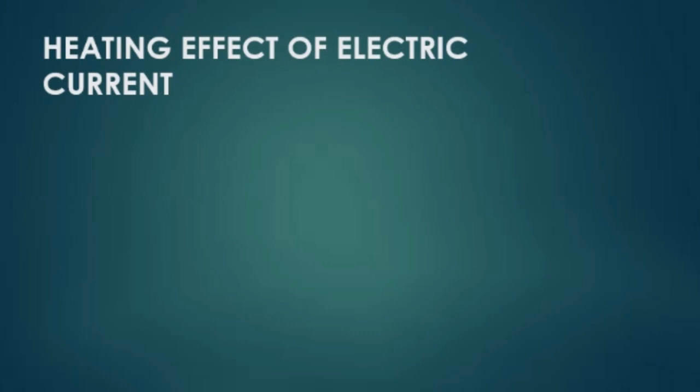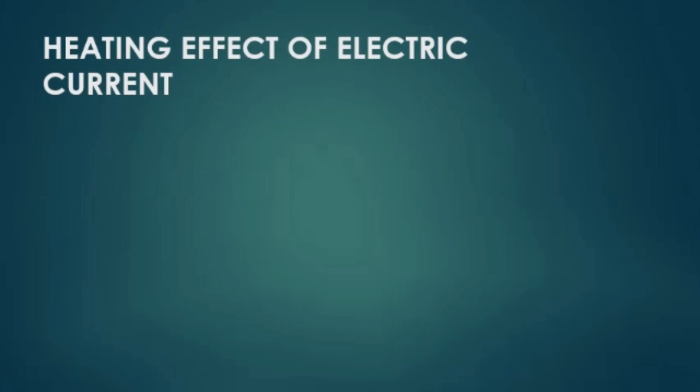Why is this so? It is because the wire present inside it starts to heat. In the previous slides, I already mentioned that whenever resistance is produced in an electric conductor, it is with the help of the electrons present in it, the collision of electrons. Whenever the electrons collide with each other, they produce what? They produce a certain amount of heat among them. So this becomes the heating effect of electric current.